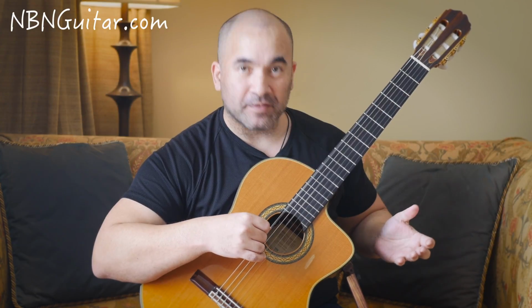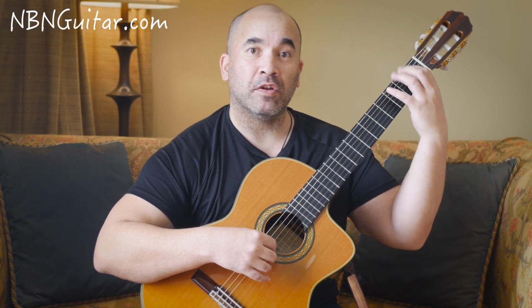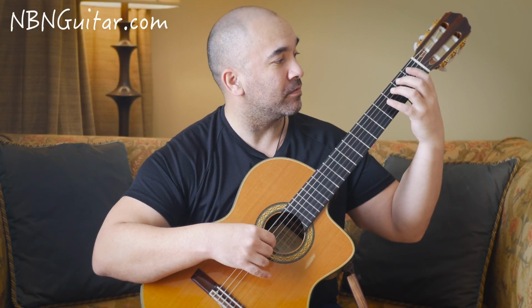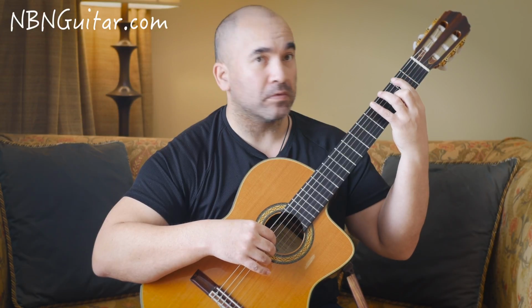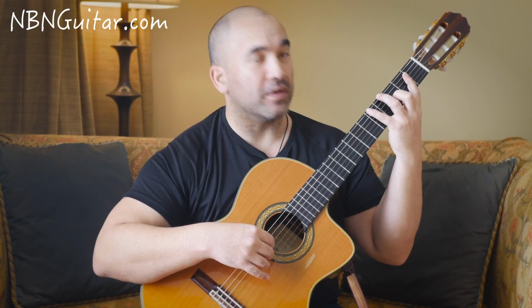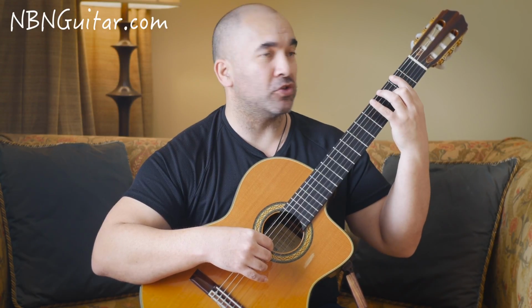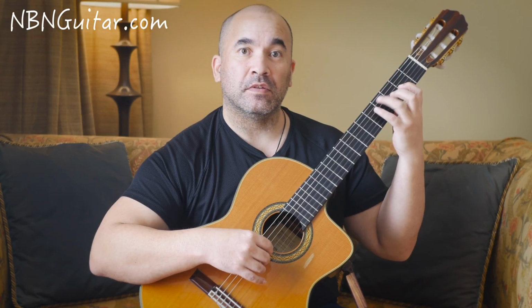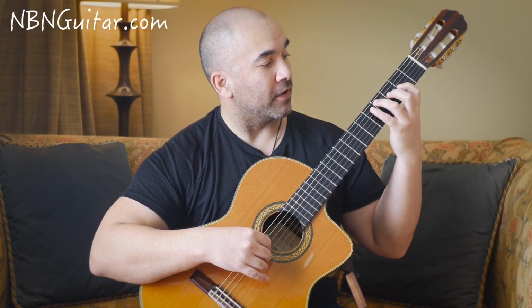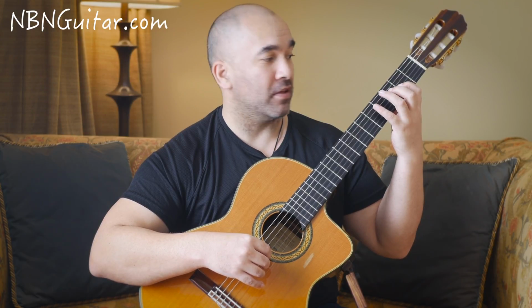Octave Ds, 6 and 4 open, 3, 1, open on the A string. Then it's 5 on the 6th string and 3 on the G together, followed by 2 on the D string, and then 4 on the A, 2 on the G together, followed by open A. So